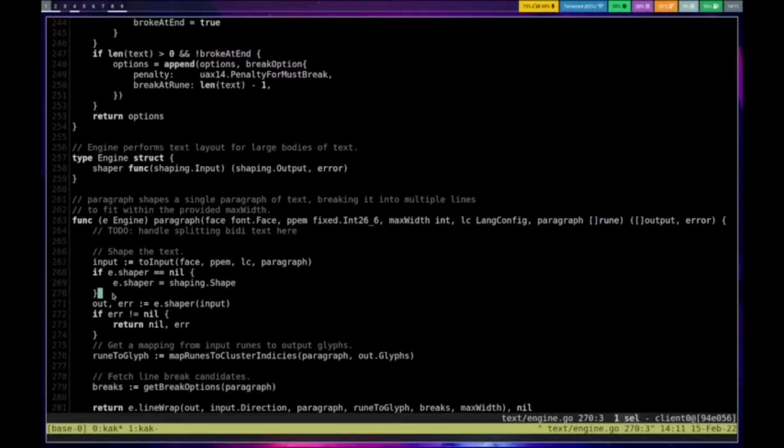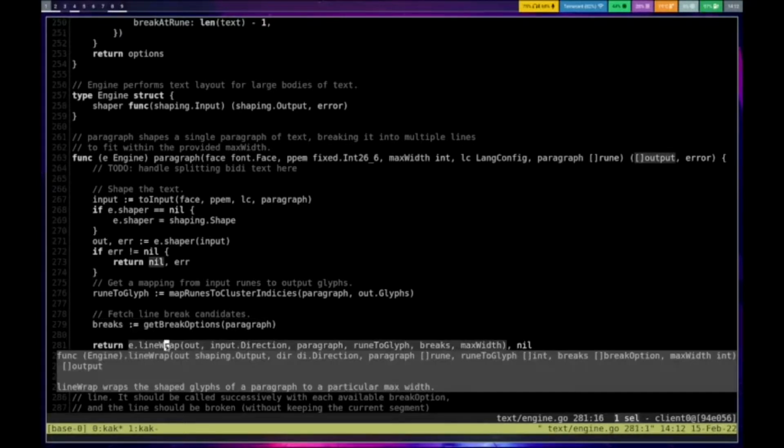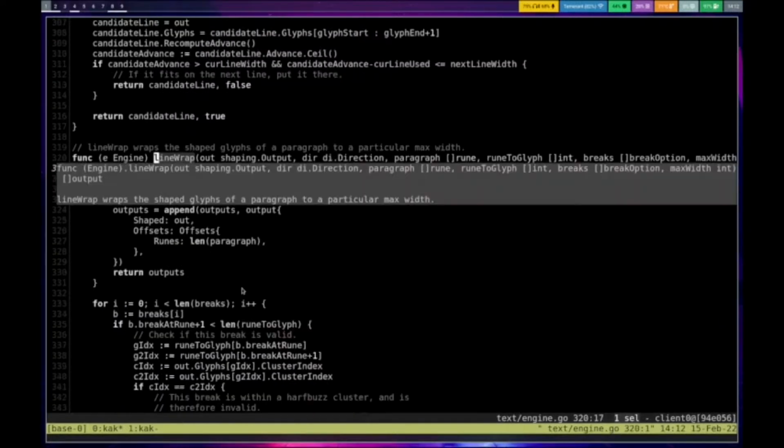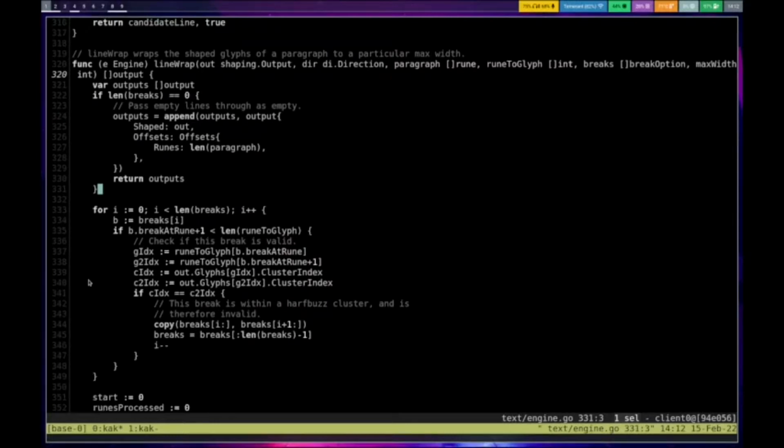There's a lot of different strategies for doing that. Some of them involve breaking it up and reshaping parts of it. But right now we're trying to do the simplest thing we can, which is essentially look for legal places within this text that Unicode says, yeah, the boundaries between these characters are a safe place to break a line. And then line wrap. So our line wrapper is honestly where I spent several weeks, maybe even a month,